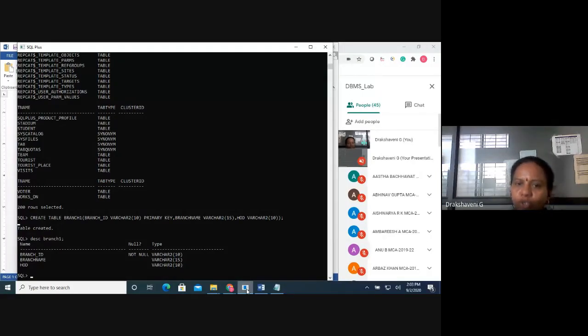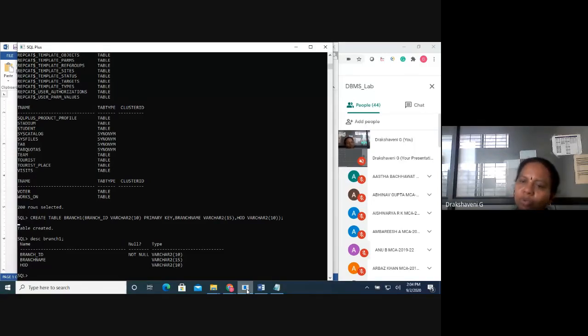At least it should have some values because branch ID we have created as a primary key. When we say primary key, it means unique. So I cannot have duplicate branch IDs. Now I say MCA will have only one branch ID. Suppose MCA's branch ID is 1. I cannot have one more branch with ID 1.